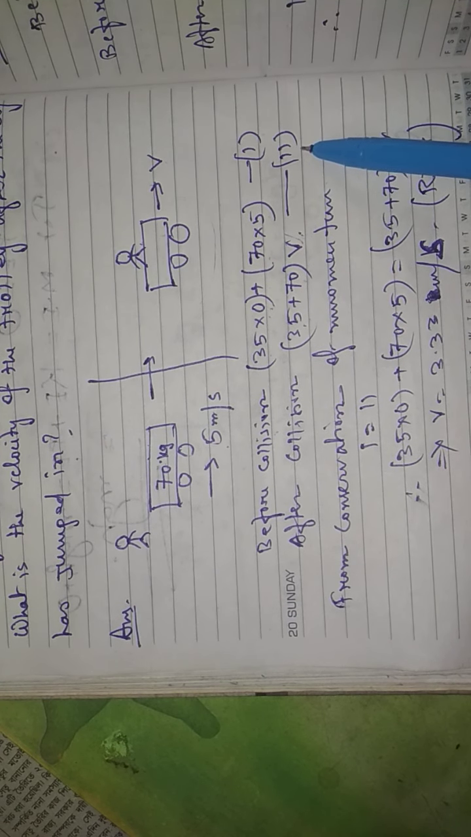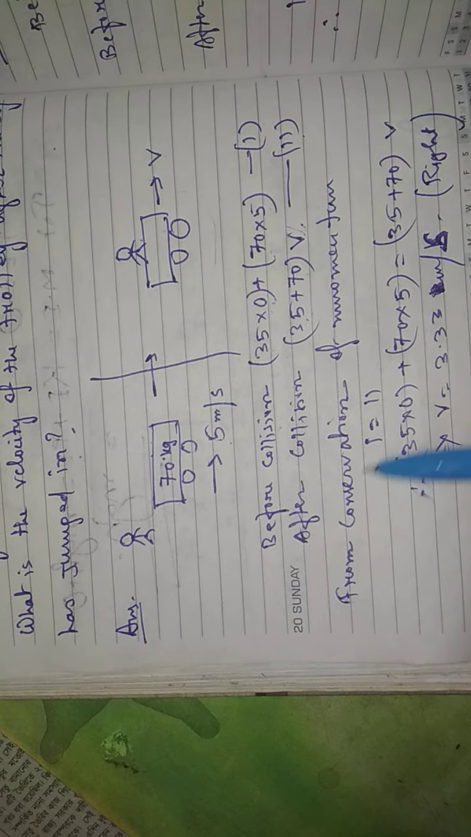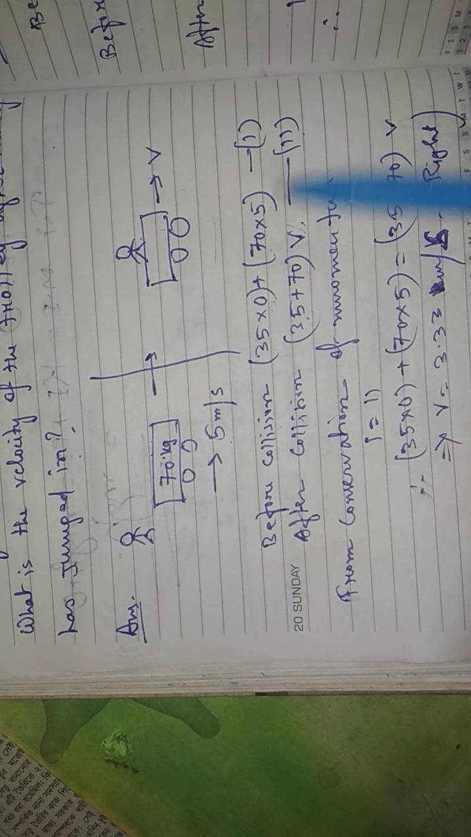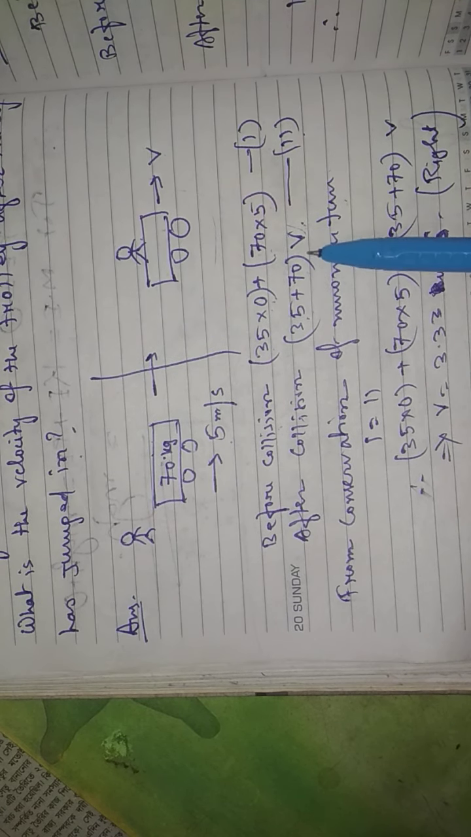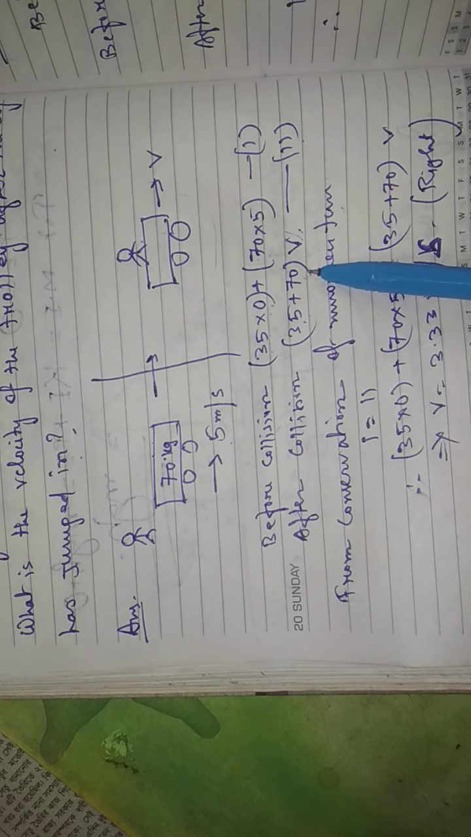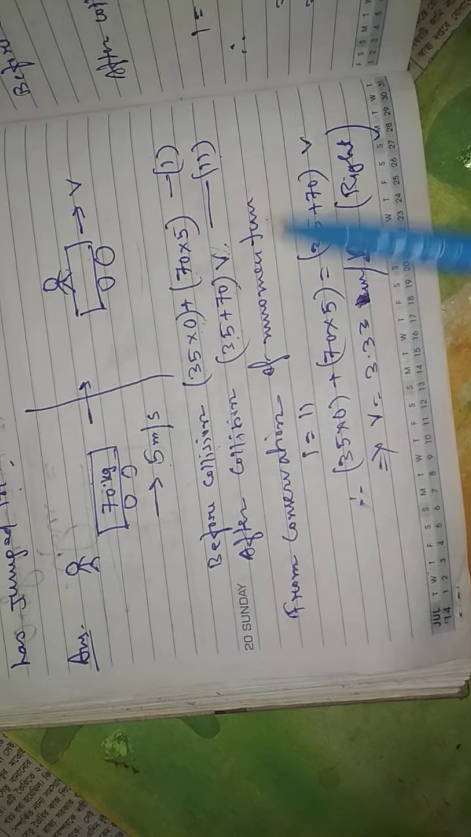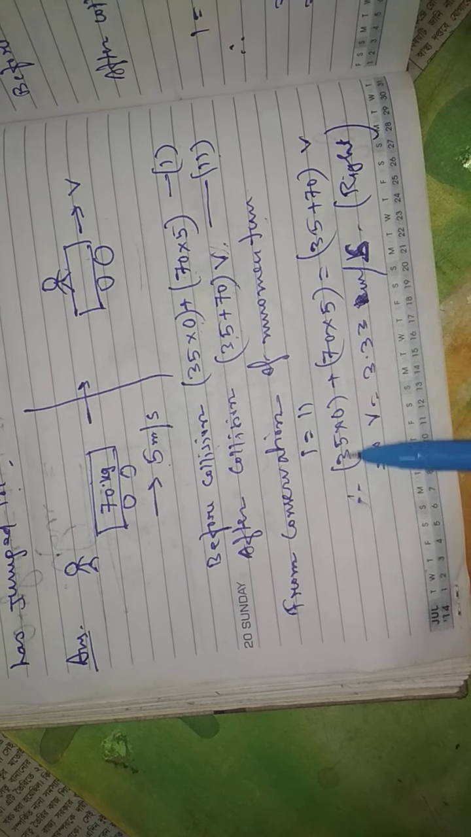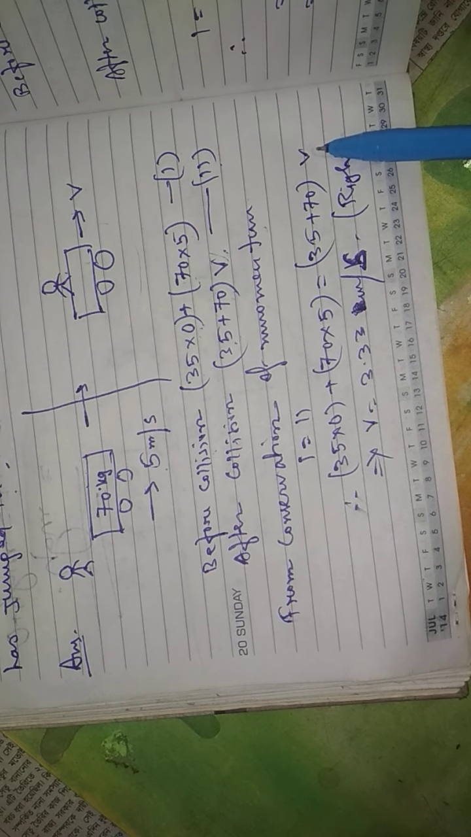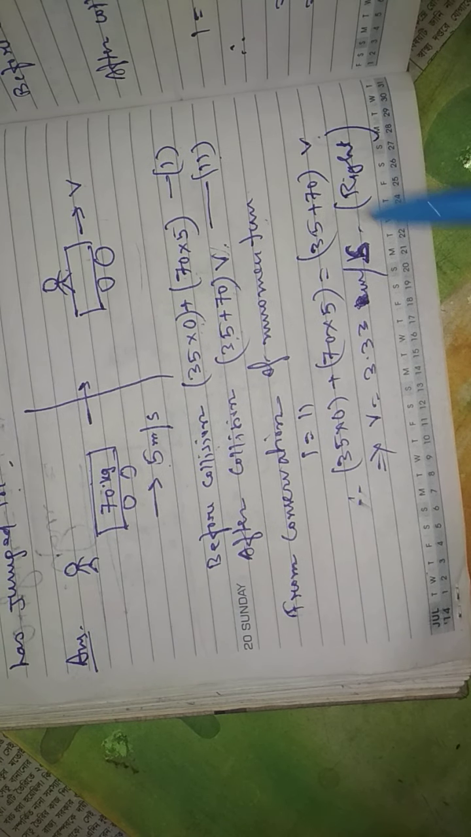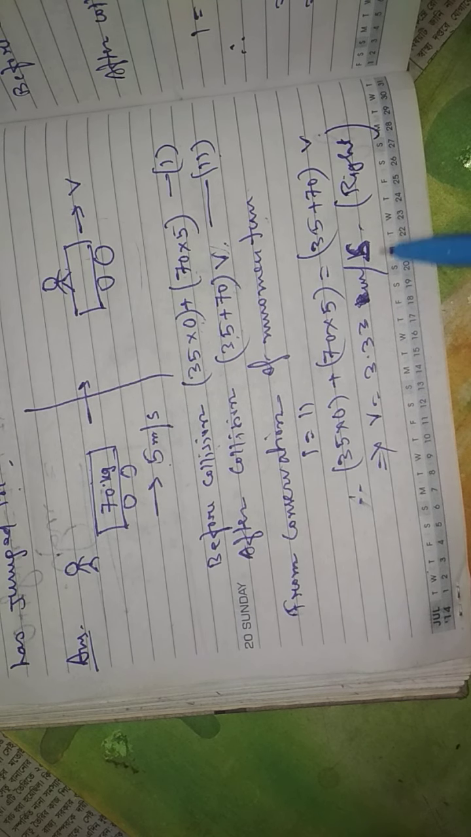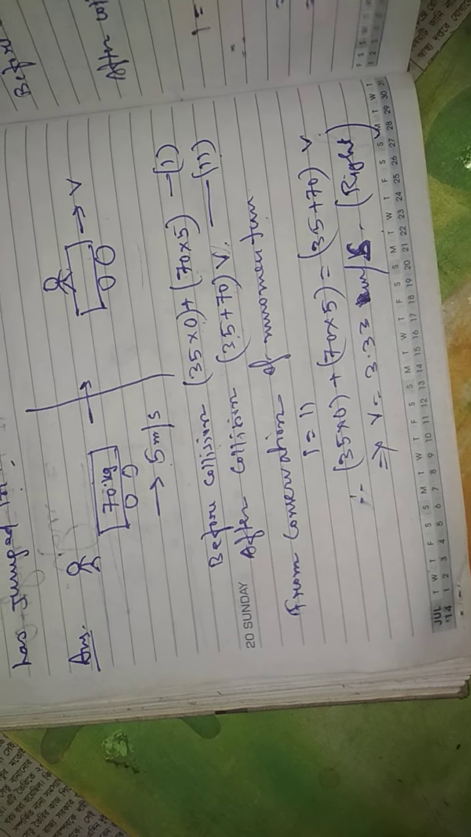Number 2. Now according to conservation of momentum, we know the total momentum of the system before collision equals the total momentum of the system after collision. So 1 equals 2. We have written 1 equals 2, and from there we have calculated the value of v, which is 3.33 meters per second. Let us do another